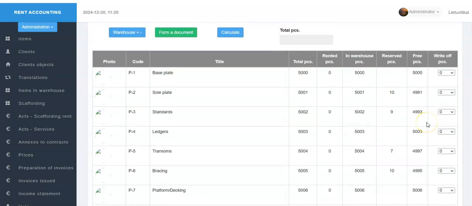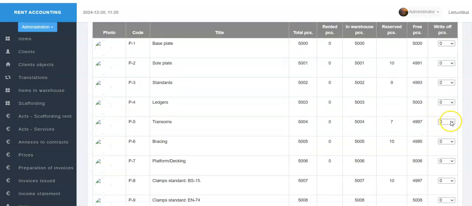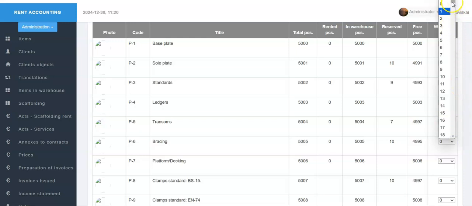The quantities are selected from a drop-down list containing integers from 0 to the free quantity of the component at the time of write-off act formation, reflected in the column Free PCS.